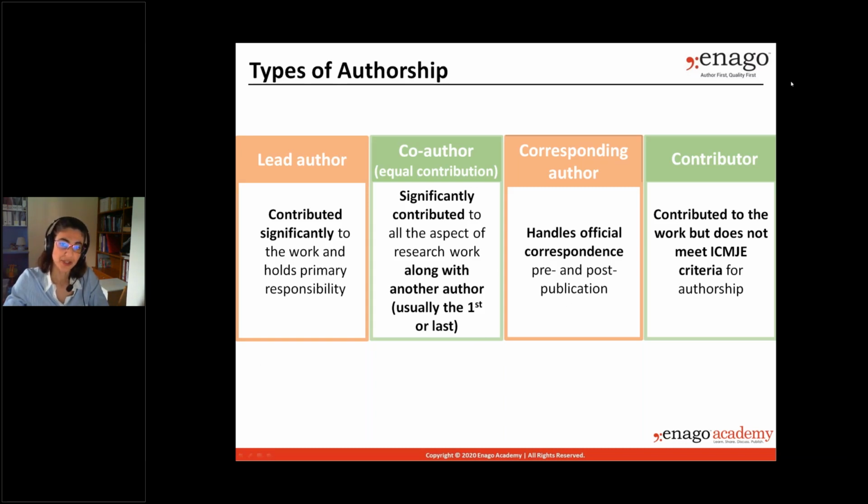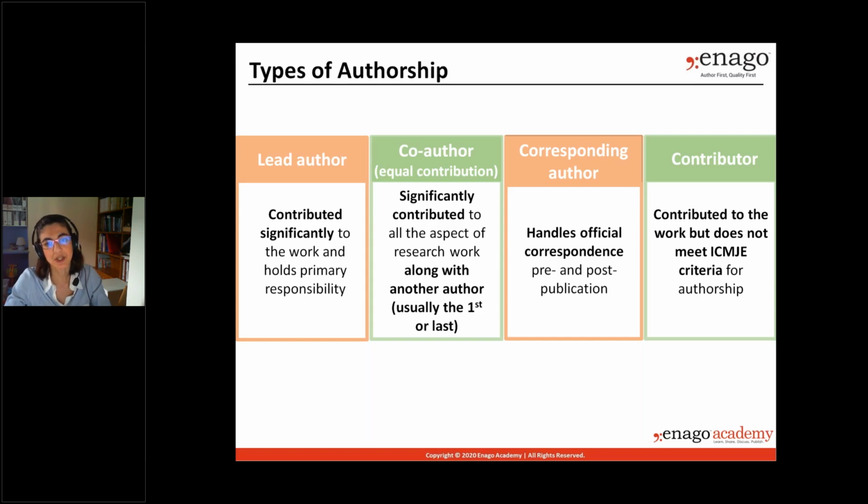Of course, there are other individuals who may have contributed to the work in one aspect or another by offering advice, by evaluating parts of the text, by solving a technical problem, or assisting with writing some parts of the manuscript. In this case, if they do not meet the full criteria indicated in the previous slide, they are considered